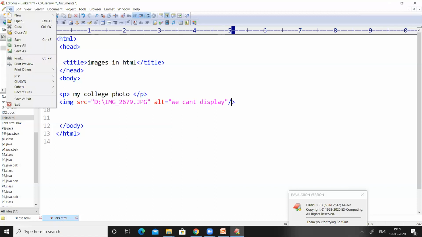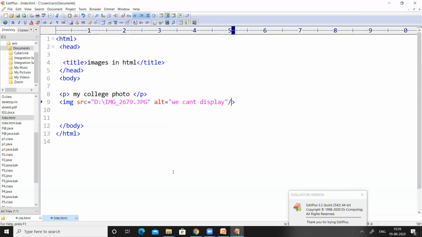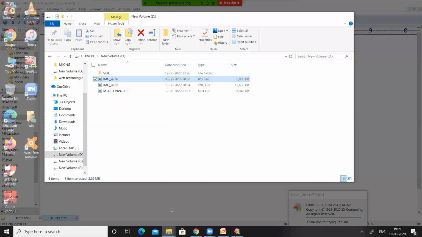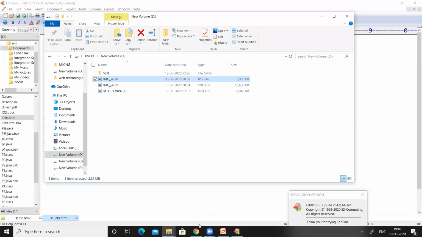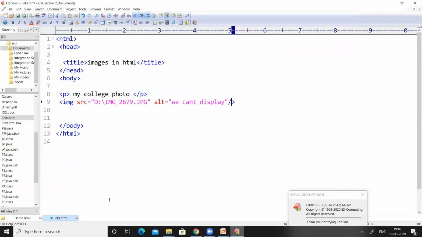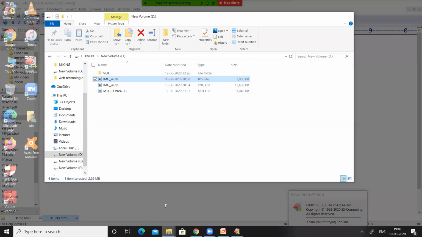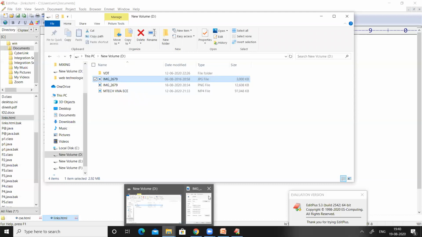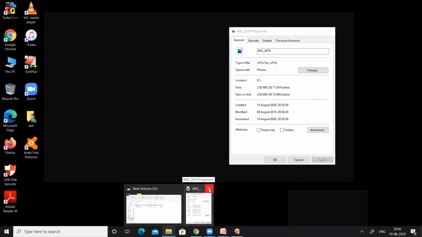There is no need to give the name, just save the program. It was saved at C, Users, Win, Documents, with the name links.html. So quickly move to the documents.